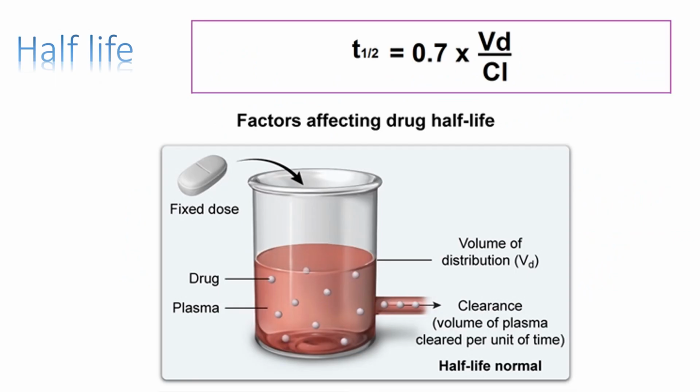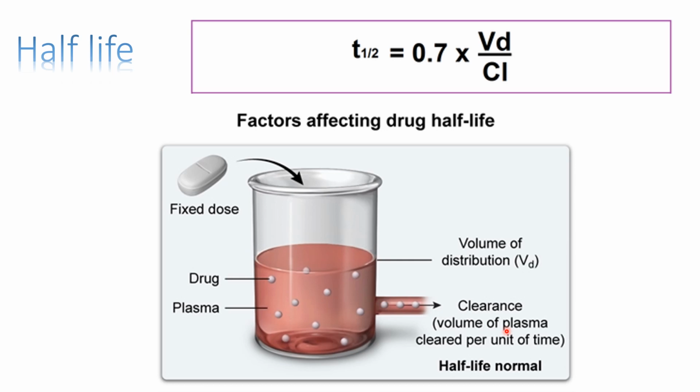All right, the final equation we're going to talk about today is half-life, and I put that in the end because half-life depends on two factors: volume of distribution and clearance. Okay, so it's defined as the time taken for the drug to drop in half, but I like to think about it as how long the drug stays in your body. Okay, so how long the drug stays in your body depends on how far it distributes, like the extent of its distribution, which is the volume of distribution, and how quickly it is cleared, which is the clearance rate. And so these are two logical factors that affect how long the drug